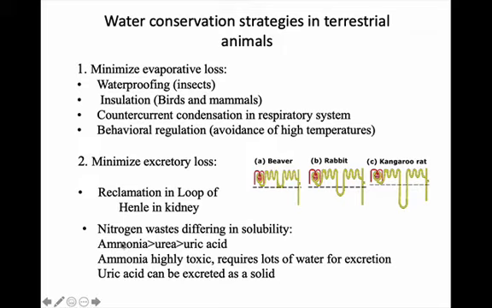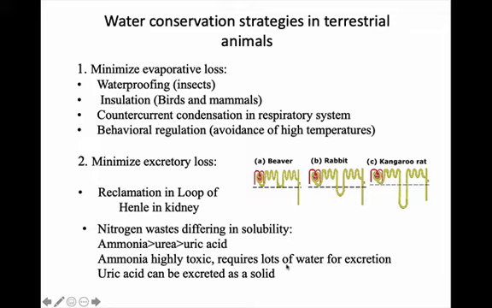Now, ammonia is very soluble, but it's also highly toxic. So animals that have a lot of ammonia circulating in their blood and that excrete ammonia need to excrete it in a very dilute urine, using lots of water to minimize the toxicity of ammonia. If you want to be a little more conservative with your water budget, then investing energy to convert ammonia to urea is a better bet, because you use much less water to discard urea than ammonia,